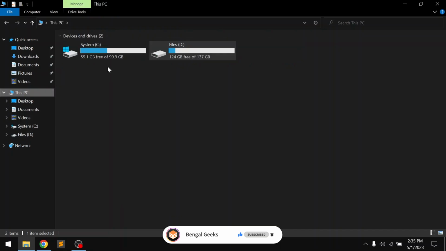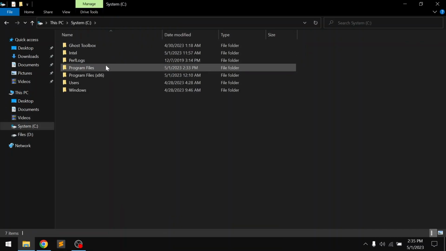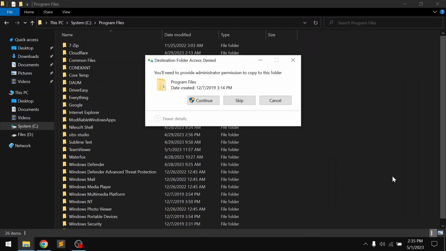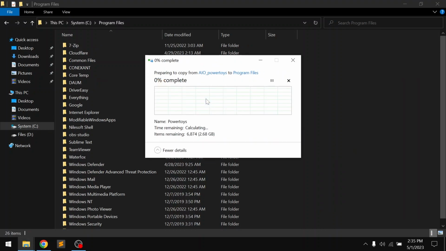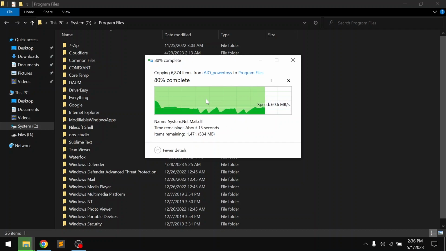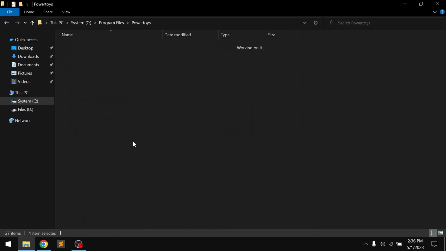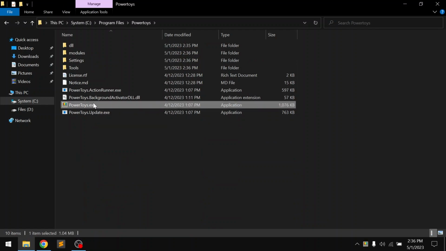Go to your system drive and go to Program Files and paste it over there. Click continue to give it the permission. Once it is done, go to the PowerToys folder and click PowerToys to run it.